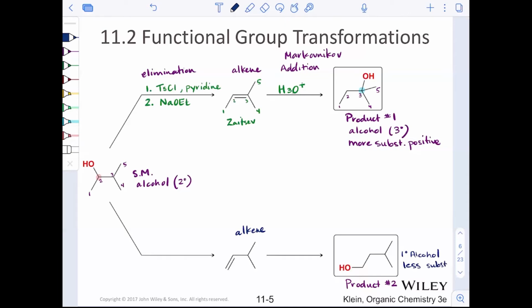We've got to think: eliminate the alcohol again and add the alcohol to a new position. But again, let's be a little bit more specific. My alkene here is my Hofmann product, and my addition should be anti-Markovnikov. All right, so again, eliminating an alcohol, make that alcohol a good leaving group,